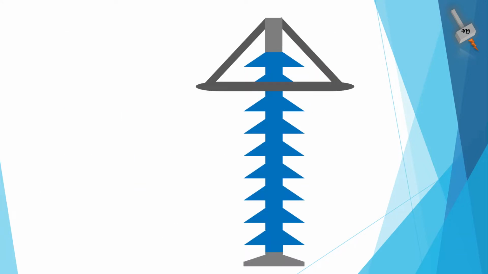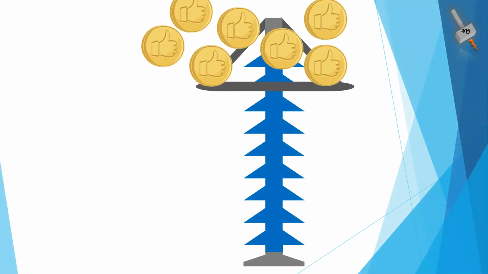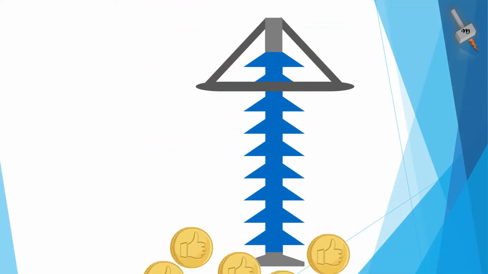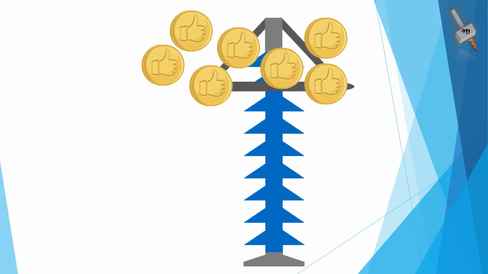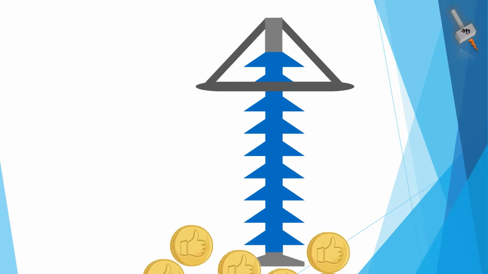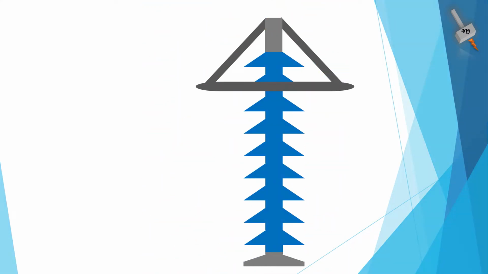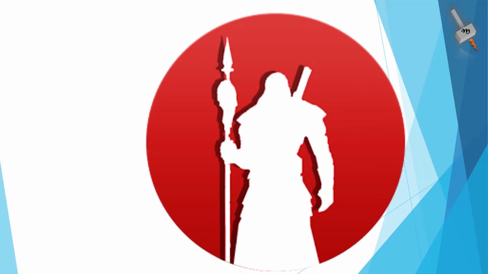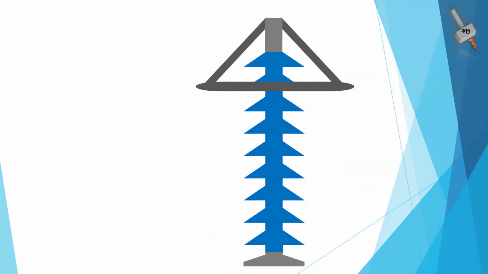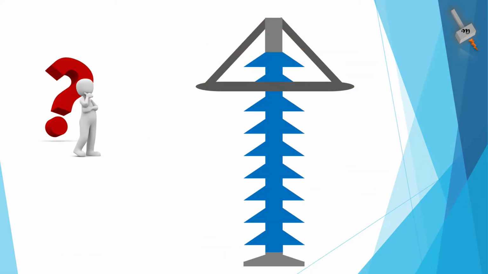Lightning arrestors form a small part of the electrical grid, which is not so costly compared to all other equipment within the electrical grid. But that doesn't mean the services rendered by a lightning arrestor are small compared to other products. It is a dormant keeper which ensures the safety of all other equipment in the grid. So it is not appropriate to say what is the cost of the arrestor, rather what is the value of the lightning arrestor. So we need to find the value of the lightning arrestor.